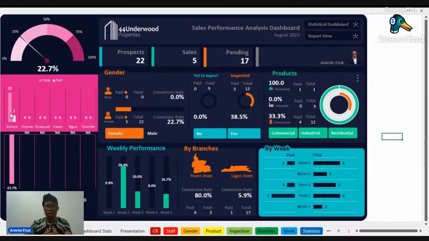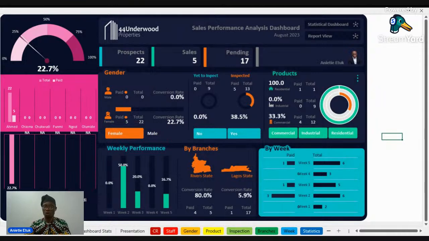Now, Ahmed's performance, if you check, is a function of the gender. Ahmed did not perform very well because if you check the 22 numbers that he was given to follow up on, there's no male, they are all females. And if we check through the data, the rate at which males buy is higher compared to the rate at which females buy.